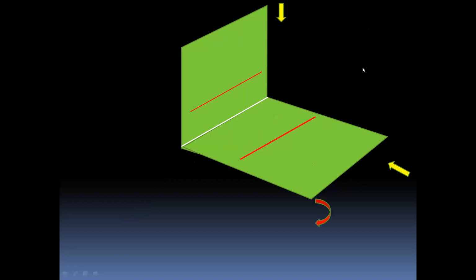Now we have to convert this three-dimensional view into a two-dimensional view so that we can draw this on a drawing paper. So rotate the horizontal plane in the clockwise direction. It is the same procedure as for the projection of a point. So this is the two-dimensional representation. Now above the XY line, we will get the vertical plane because this is the first quadrant, and below the XY line, we will get the horizontal plane. So this is the front view.